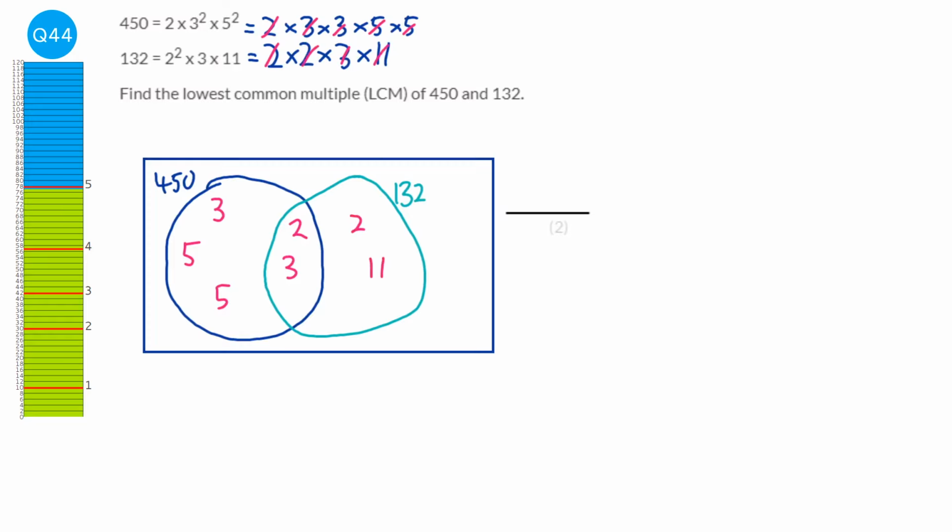Now to find the lowest common multiple, what you do is you just multiply all these numbers together, and that will give you the lowest common multiple. So we're going to do 3 times 5 times 5, which are the numbers on the left, times 2 times 3, which are the numbers in the middle, times 2 times 11. And when we do that, we get 9,900, and that's it. So our answer is